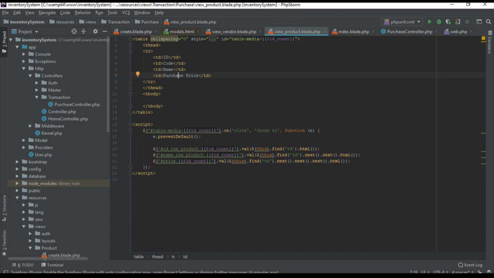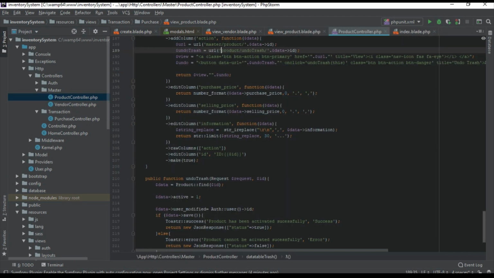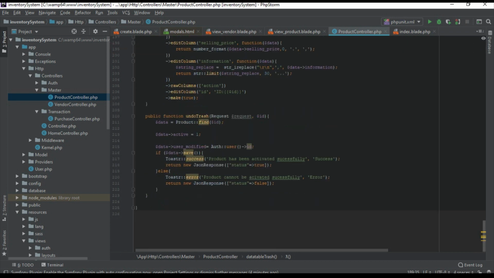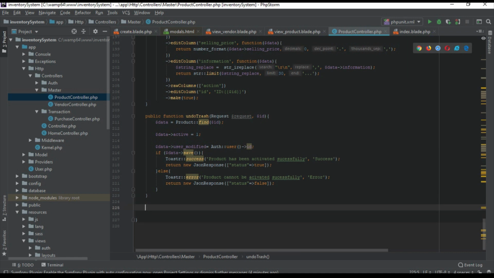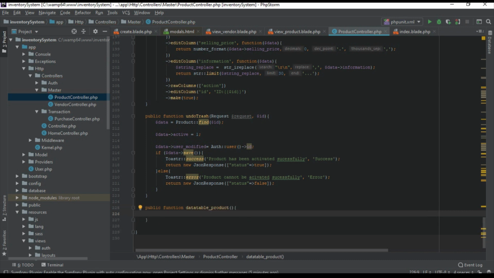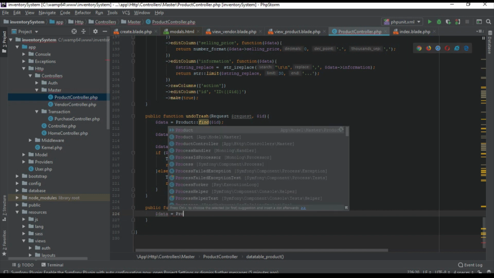Okay, now for this to show our product data, at first let's go to our controller here, inside the product controller. Here we'll be writing a new function for that. So here, public function data table, table underscore product. So dollar data equals to